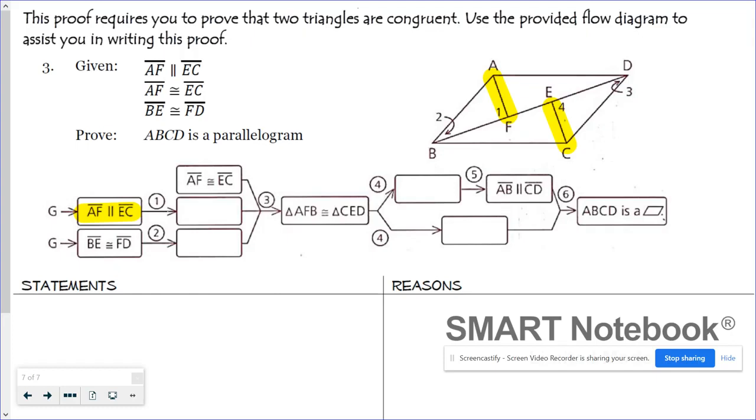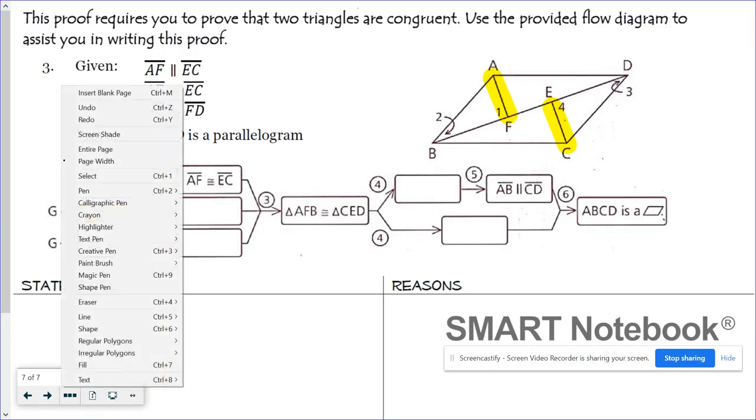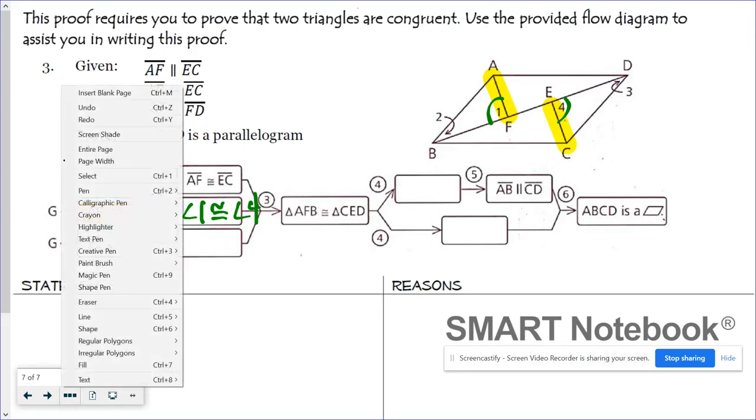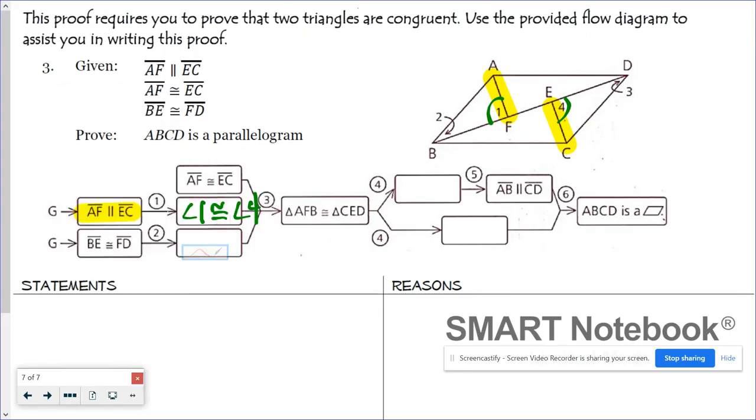And so there are a couple of things that you could do with that, but I would lean towards angles 1 and 4 there because they are right there and angles are numbered for a reason. So we could totally say that angle 1 is congruent to angle 4 because these are alternate exterior angles, right? We were also given that AF is congruent to EC